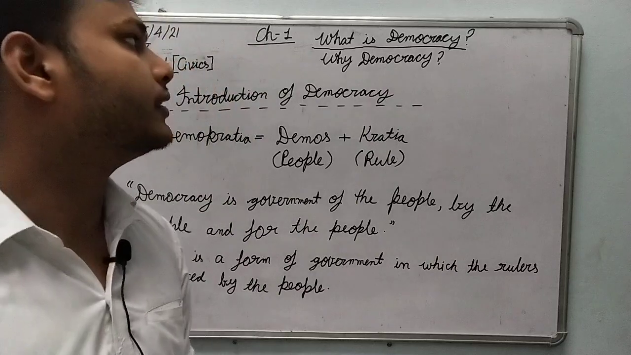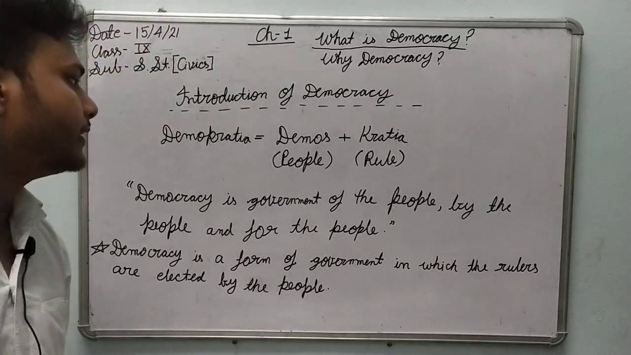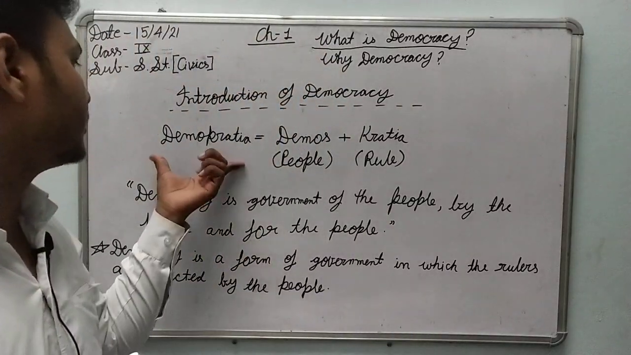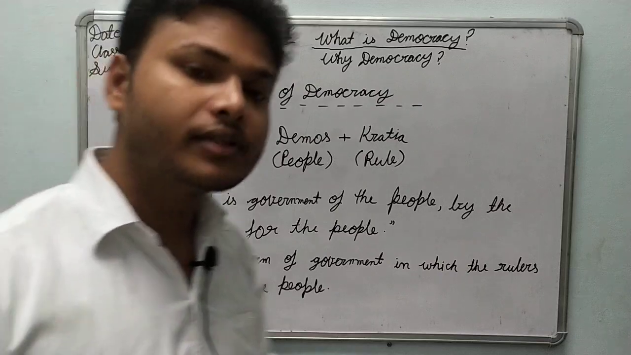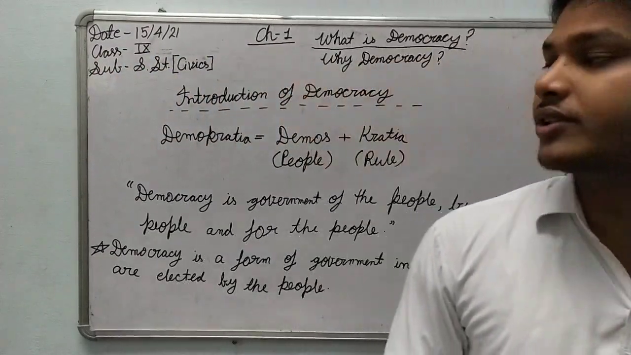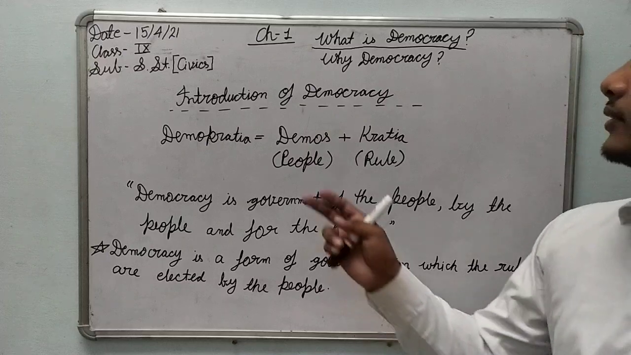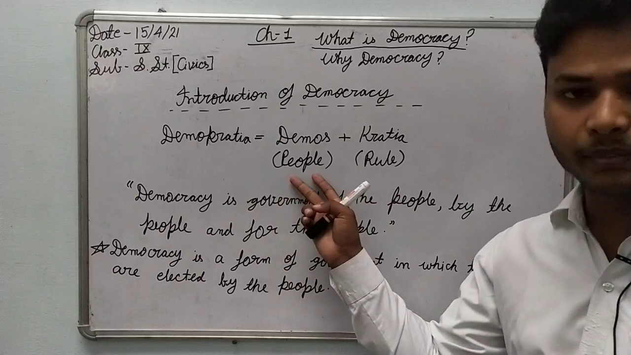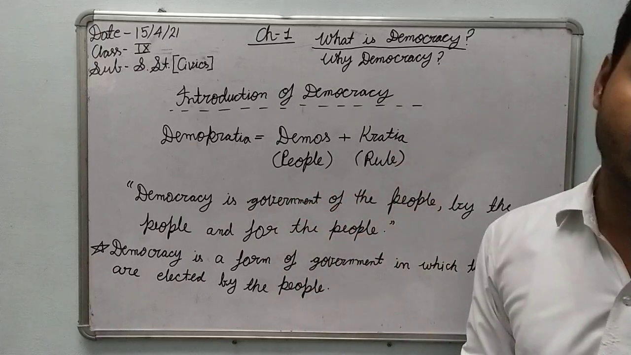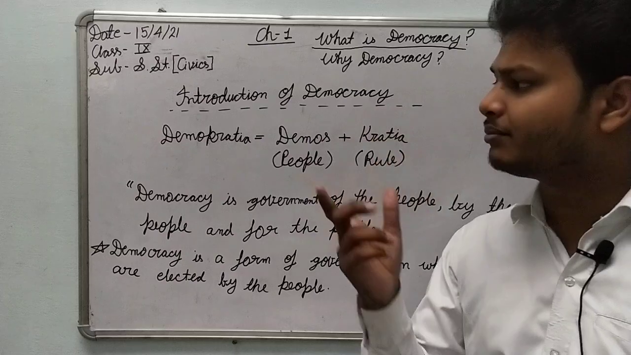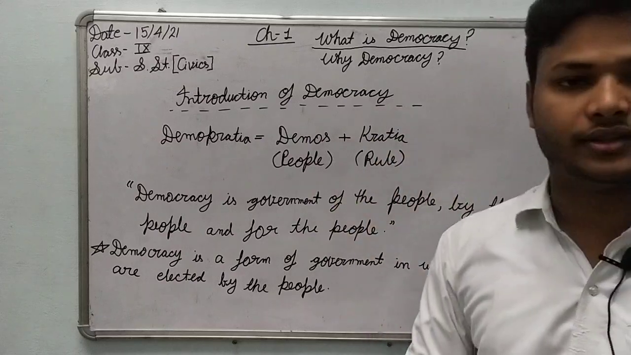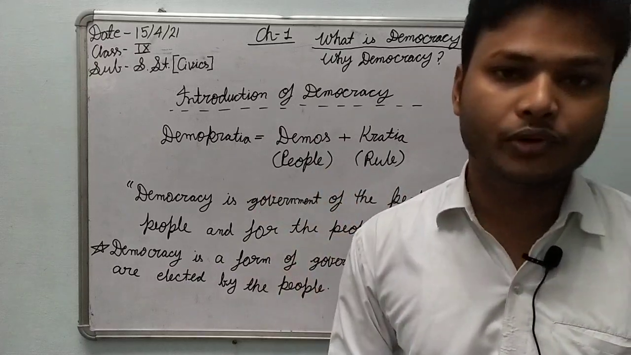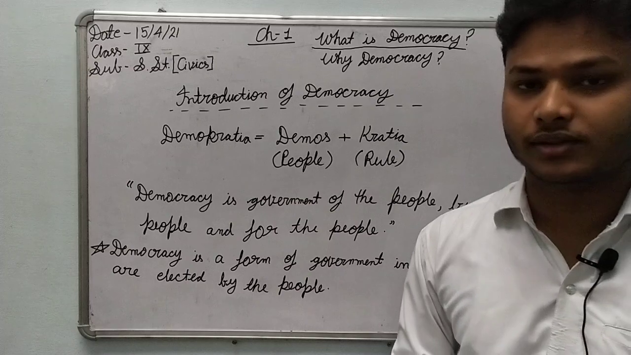So first of all, I want to tell you that democracy is a Greek word, which comes from the word democratia, which is made of two words: demos and kratia. Demos means people and kratia means rule. Okay, with the help of these two words you can simply identify the meaning of democracy. That means the rule of the people is known as democracy. So this was a Greek word. Okay, so now